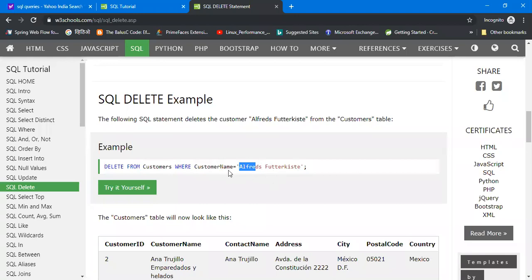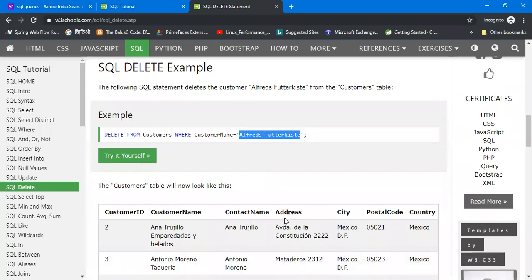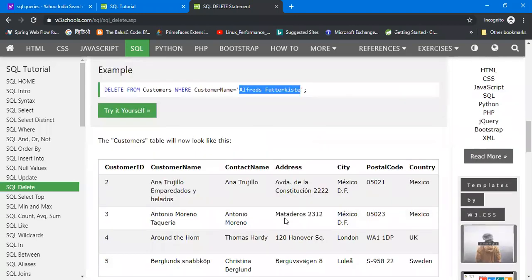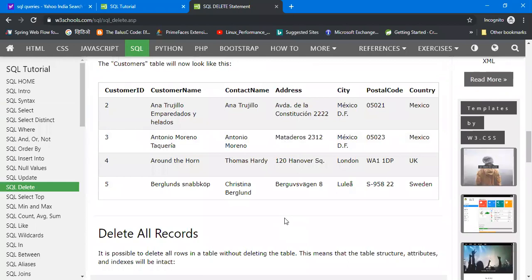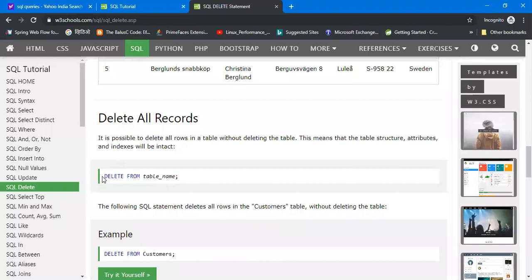So wherever this customer name is, this particular name which is given in the single quote, only that row is deleted. But kindly note, the entire row would be deleted. So you can see here the row would be deleted. So if you want to delete all records, then as said earlier, you just have to